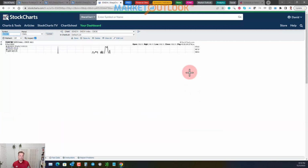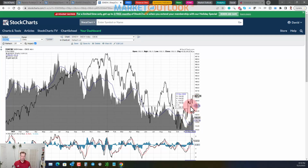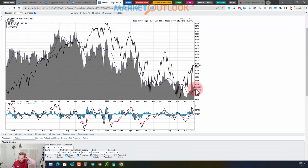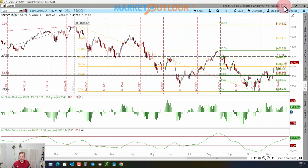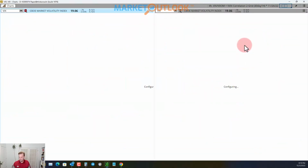The skew, something we always watch too, as when you're above the average, you get a rise in the markets, and you can see the skew is not really extending away. We had a nice little peak, and we are above the average, but not really extending too far up away from that average. When you look at that in conjunction with the volatility index here,